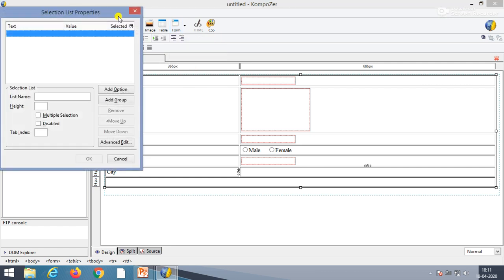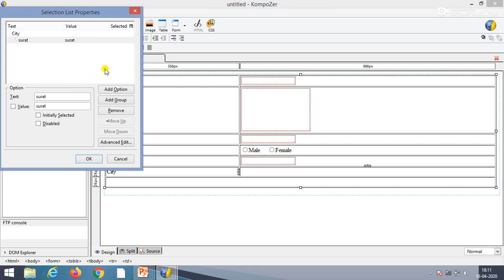Click on this. Now over here there is a list name. Students, we have to create the list of cities, so we will write down cities and click on the add option. Now over here the option is text. Now we will write the city's name.